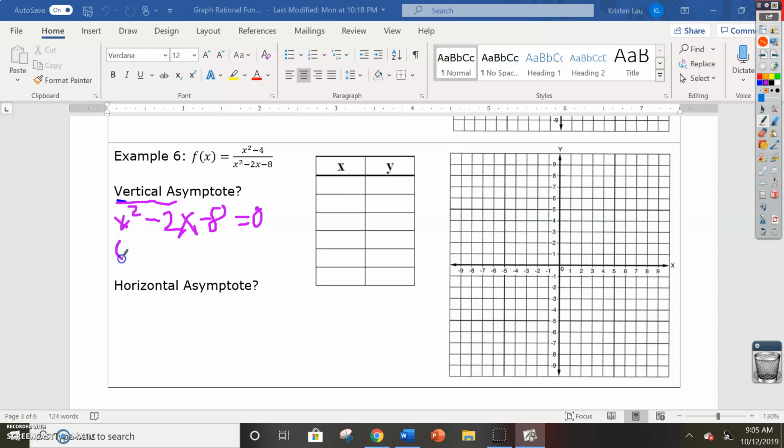So I have to factor it, so that's x minus 4 and x plus